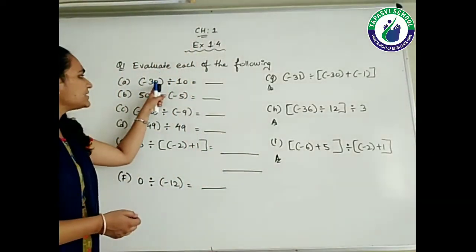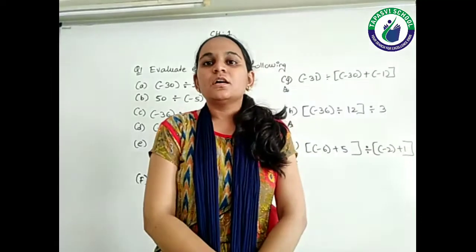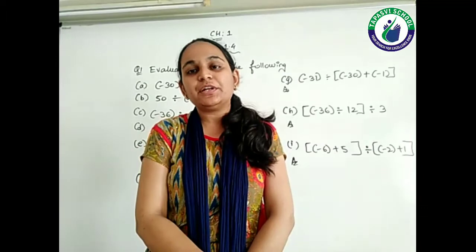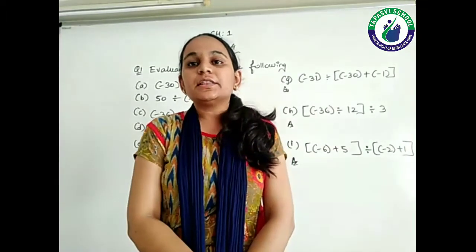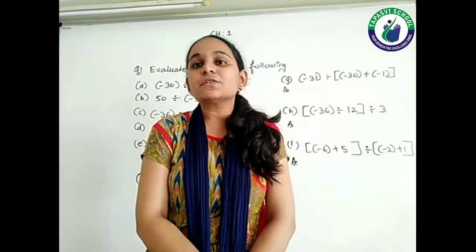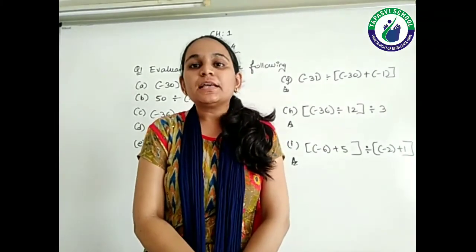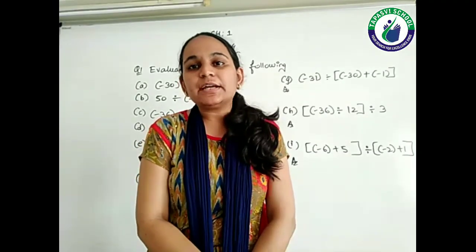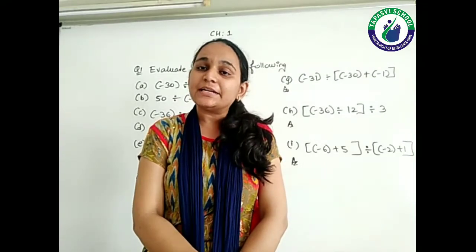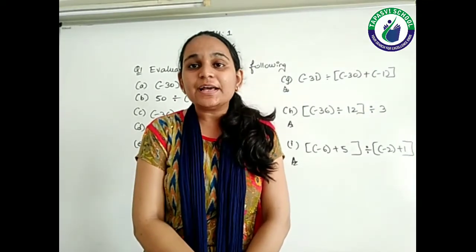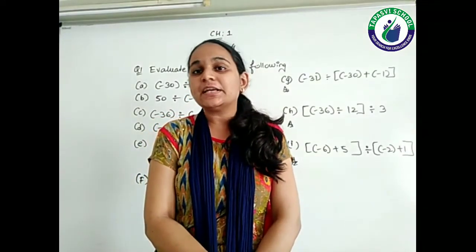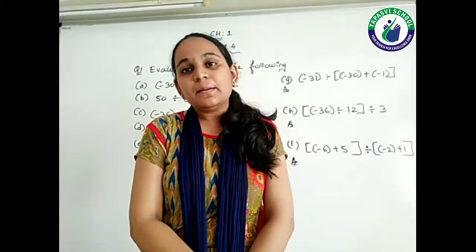First question is minus 30 divided by 10. If you remember, students, in the previous lecture I taught you the rules of division of integers. If there is one number with a negative sign and one number with a positive sign, first step is to divide and the second step is to keep the sign. If one number has a negative sign, the answer will always be negative. If both the numbers have a negative sign, then first divide and then keep the answer with the positive sign, right? If two negative signs come, then the answer will be plus, right?